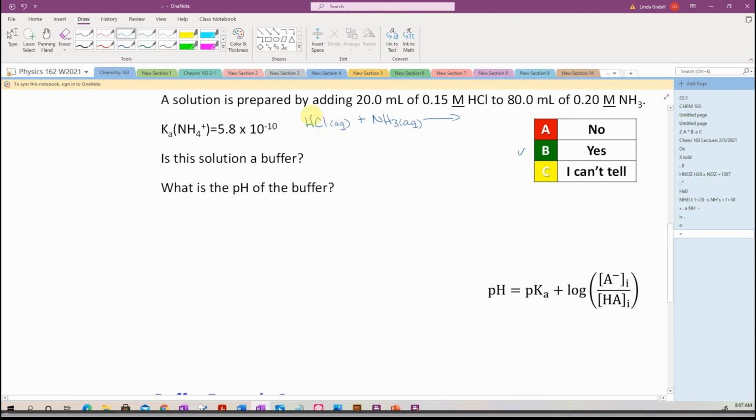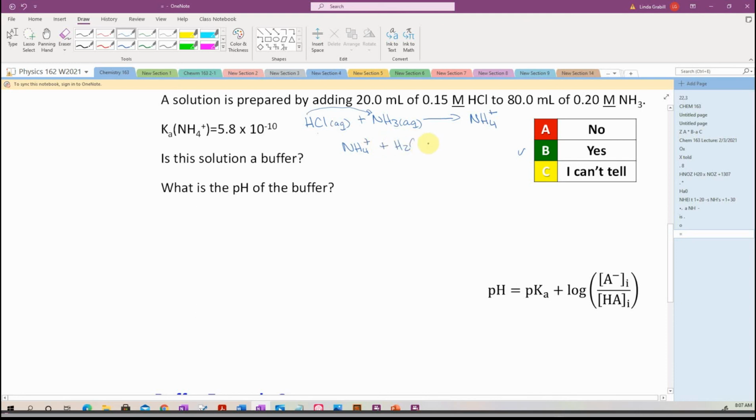So what's going to happen is every one of my HCl, so long as I have enough ammonia in there, is going to donate a proton to my ammonia. So I'm going to end up with NH4+. So that is a one-way arrow because I have a strong acid. And then my buffer solution is actually going to be this NH4+